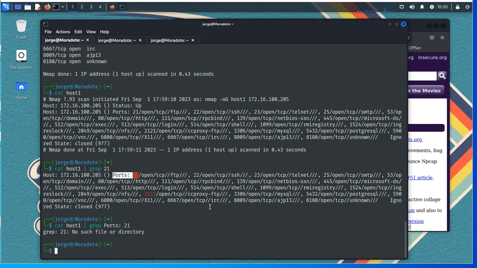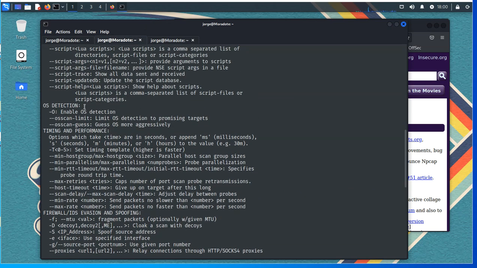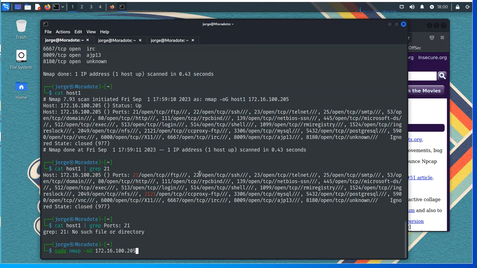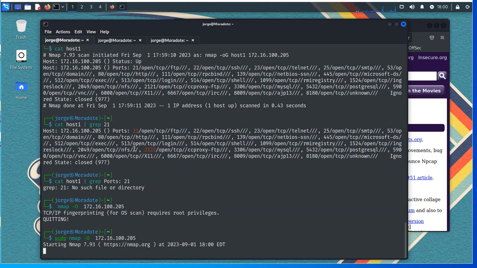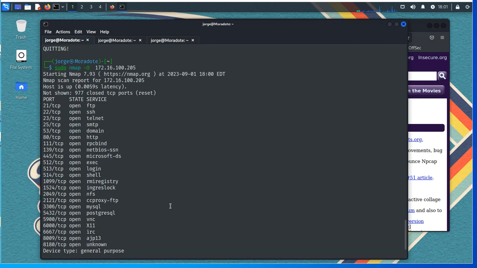The other cool feature that you can use, let me come back here, is that you can attempt to detect the operating system on your target. So if you come down here, if we go to this section, as you could see, OS detection, you could use the minus capital O to attempt to detect that. So let me come here. And a lot of these commands require root privilege. So not all Nmap commands require that, but a lot of them do. So switch O is good, but